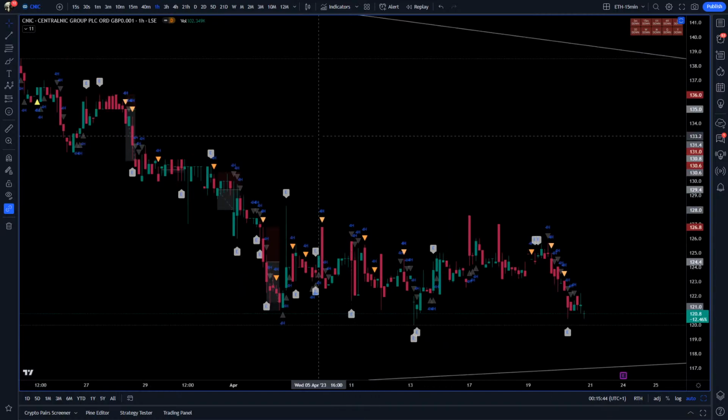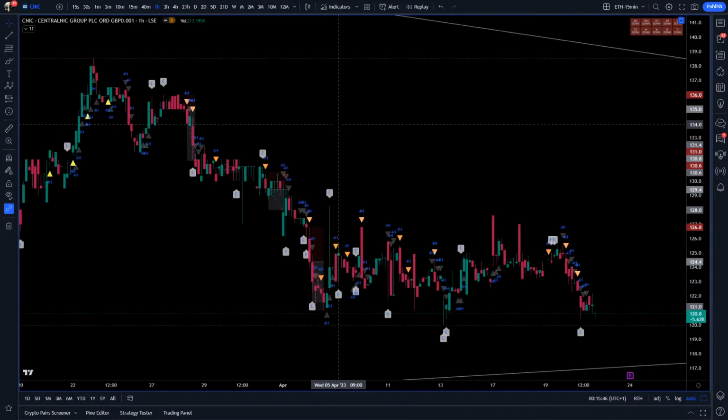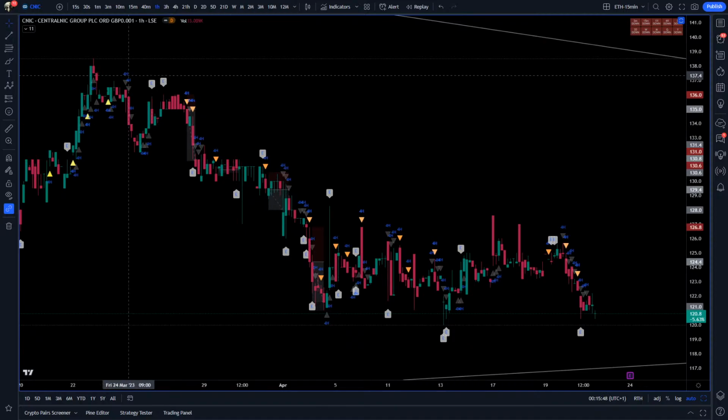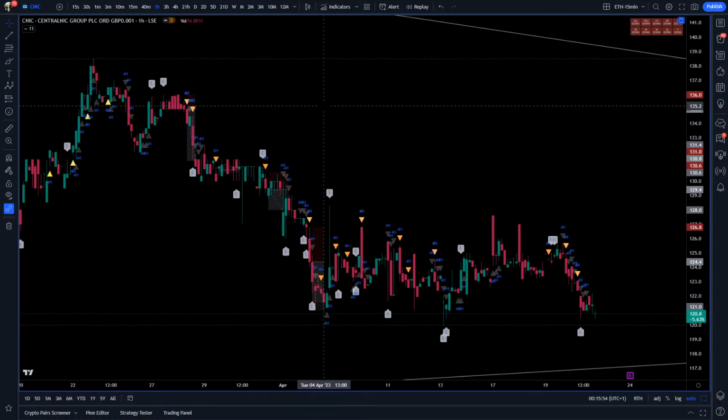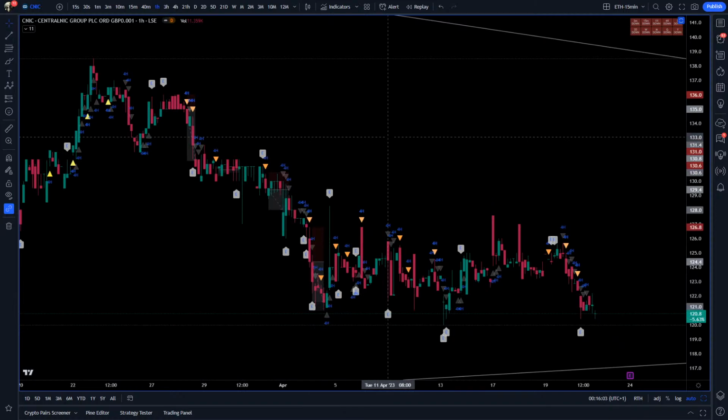So it's very simple. You enter your trade position using either the yellow signal or the orange signal, and you close your trade position using the gray signal or the E signal. Okay,